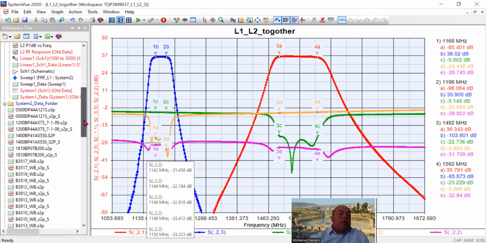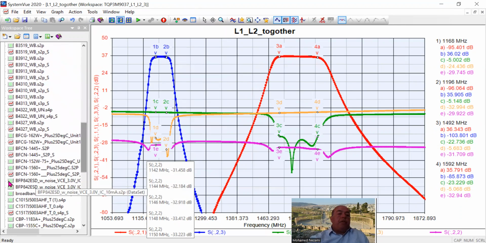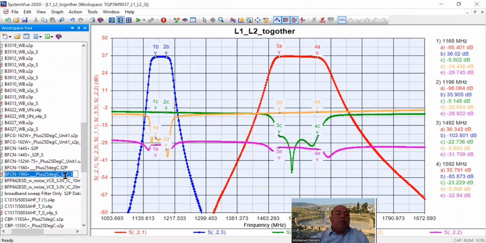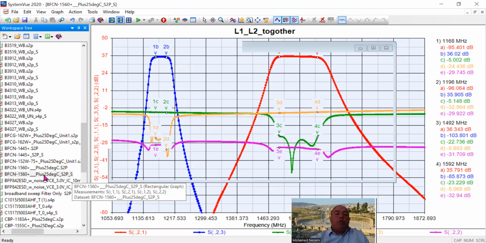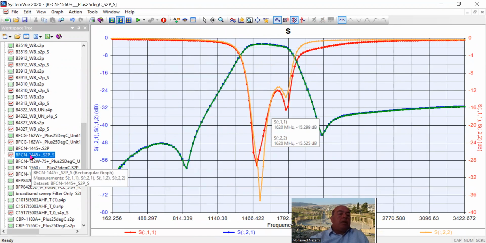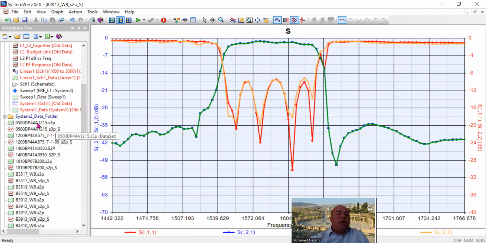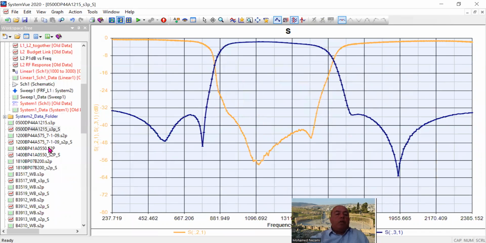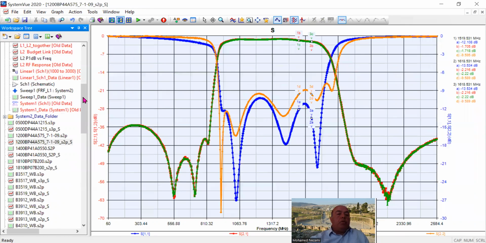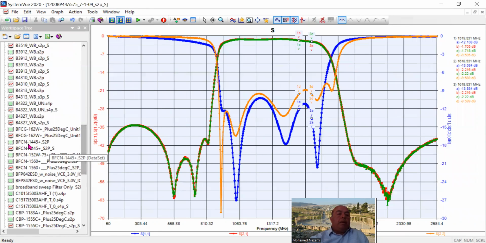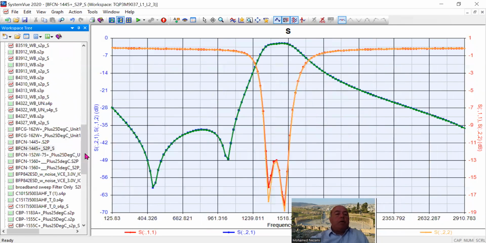And that's about it. So the rest of the stuff here that I have are various filters that are commercially available, which I went in and got the S parameters for and started looking at all these filters that you can utilize. And these are either ceramic or